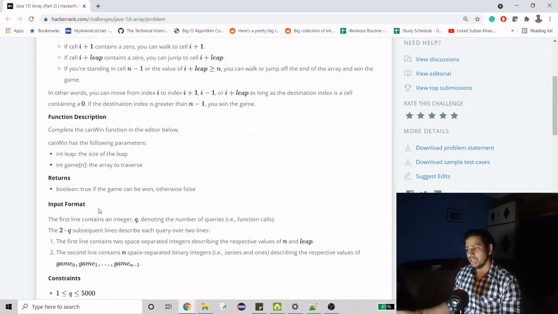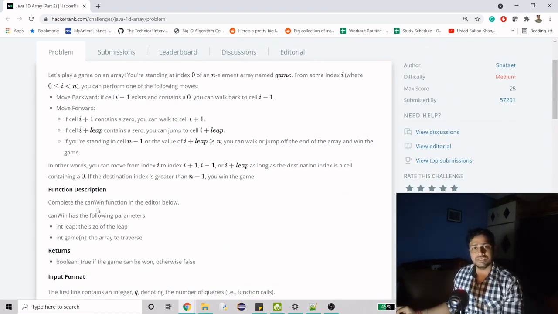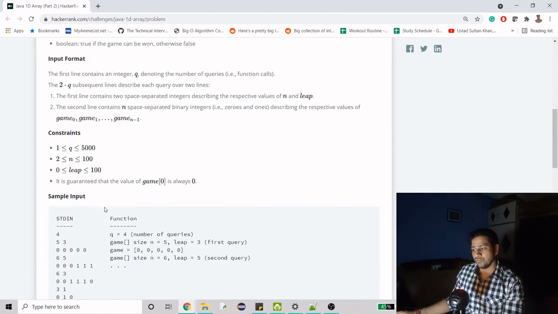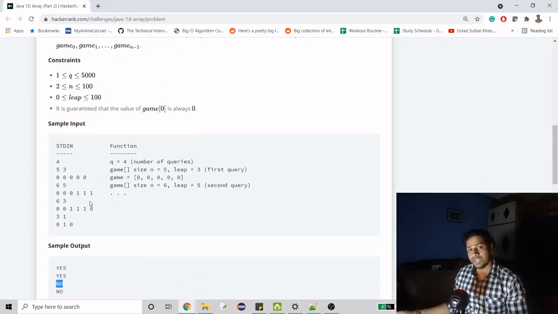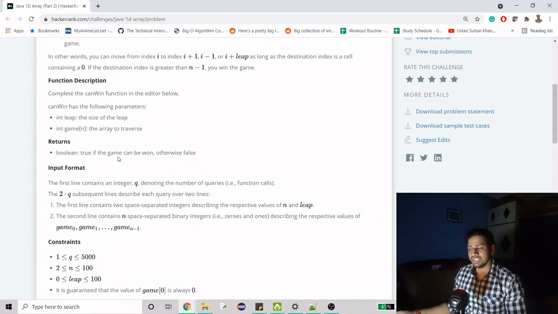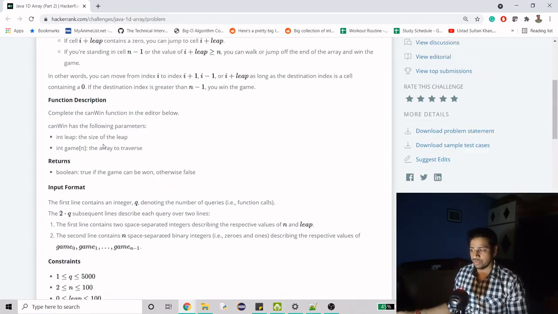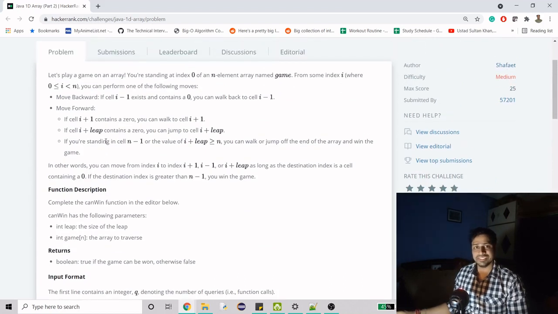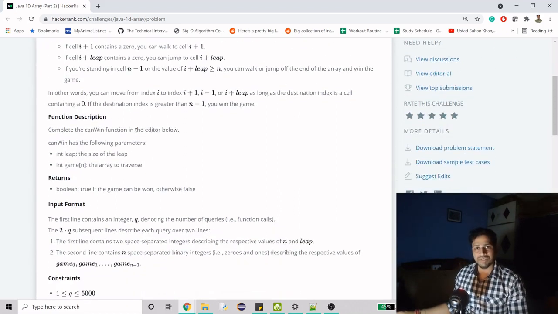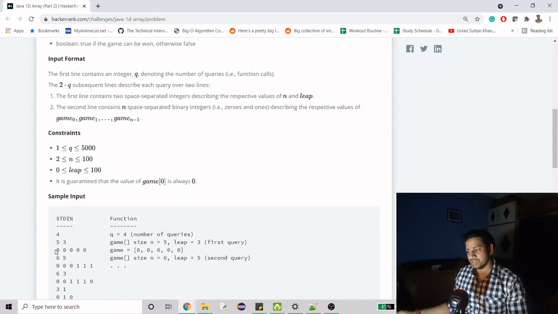So according to the logic, there are few conditions that we have to take care of. Previously I understood this question completely wrong, so I did a different approach. Now what I will use is DFS. So I will use DFS to go deep into the array combinations. So what I will do is I will take on the conditions on which we know that it is going to fail. So when it is going to fail, if it doesn't see any 0, right, that means that it is failing. And there are two things that we can do. Either we can have a visited array, or we can maintain the values in the existing array.